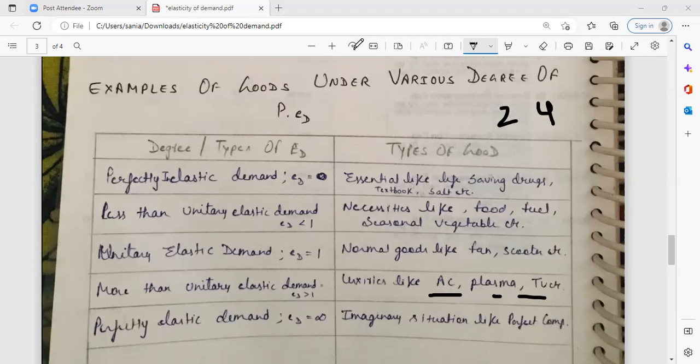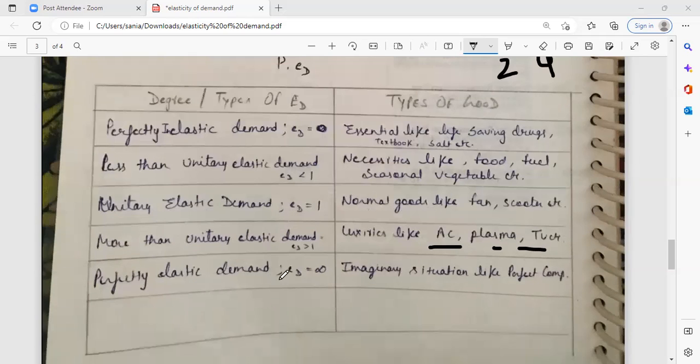Okay. Now next is price elasticity of demand when it is infinity, like the imaginary situation. You are imagining that you have a luxurious home, a swimming pool and all that. That's the imagination. Okay, you are imagining that you have a house on the moon and sky like this. So they are basically infinity. You can change your demand. You are saving for something, that I'll be purchasing a house on the moon or Mars, something like that. So they are imaginary, so you can change your demand automatically, right? So these are the types, and this is basically the examples, or you can say types of goods. Clear?